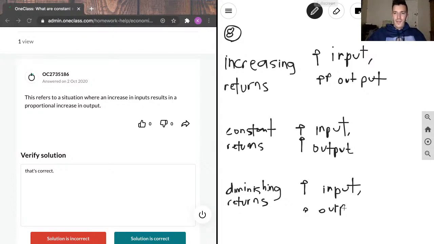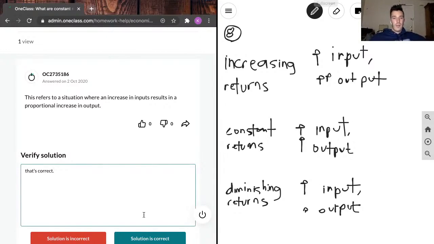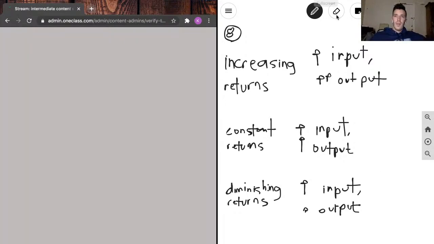This was poorly drawn for sure, so I'll just reiterate it one more time to you guys. Increasing returns to scale, if we increase the input, my example there was Q, then we would receive a larger increase in output than the increase in input was. Constant returns to scale, if we were to increase input, there would be a proportional increase in output. And diminishing returns to scale, if we were to increase input, output would also increase, but by less than input was increased. With that, we can move on to